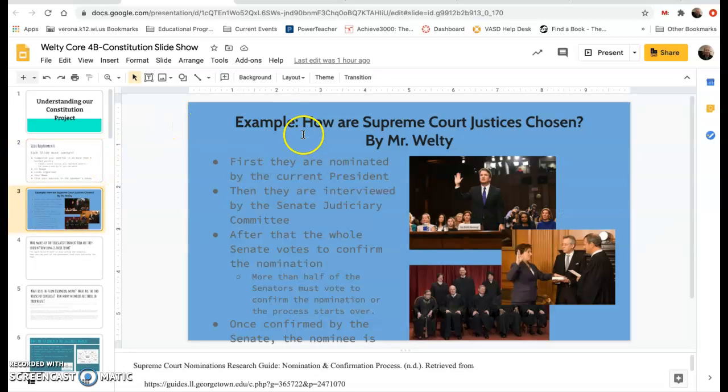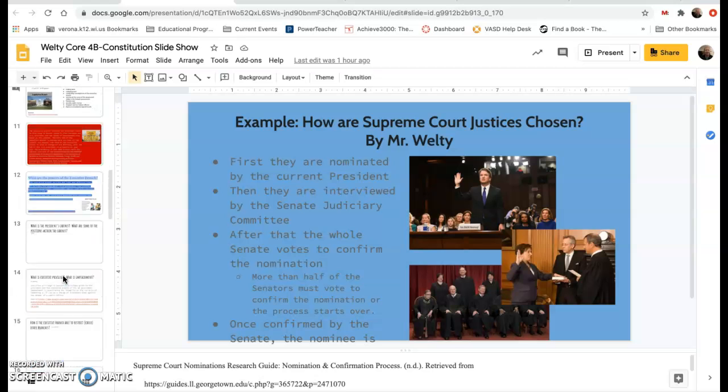Okay, so it has my question at the beginning. How are the Supreme Court justices chosen? I have my name on that slide. It then has some bullet points that summarize some of the key points about how Supreme Court justices are chosen. So it's not a whole book, it's just a few key points about it. It has some images that are associated with it, Supreme Court, swearing in, the nomination process, and so forth. And in the speaker's notes, I have the links I used to answer this question.